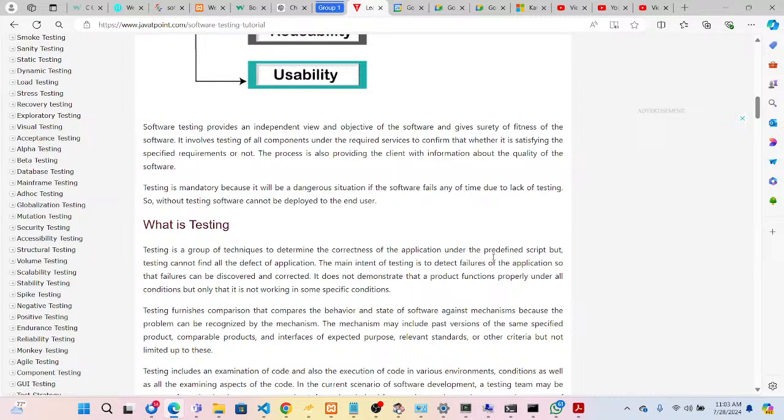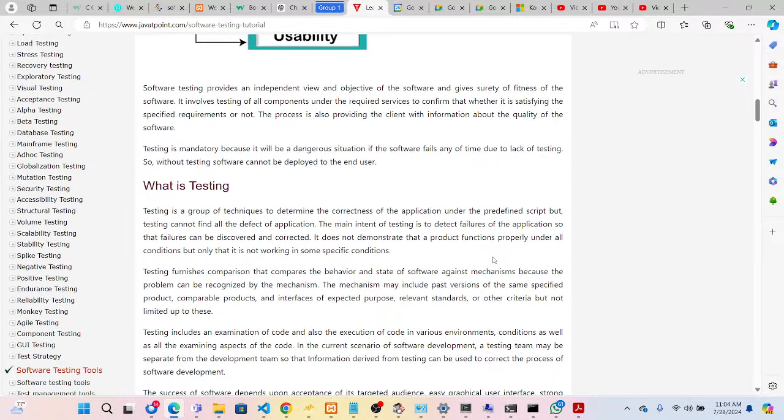So what is testing? Testing is a group of techniques to determine the correctness of the application under predefined scripts, but testing cannot find all the defects. Okay, it may be implicit. That is why Microsoft is still upgrading and still adding patches, Microsoft or any product. They keep on updating and releasing features during the life cycle of that product. Okay, but as far as your testing is concerned, you need to identify